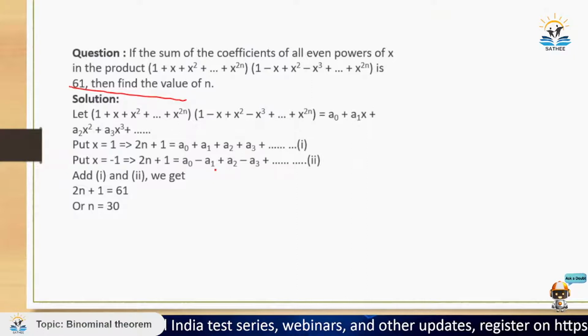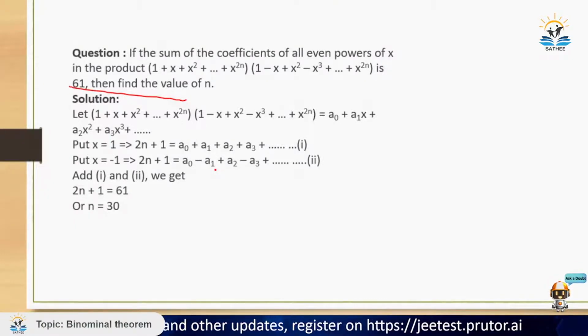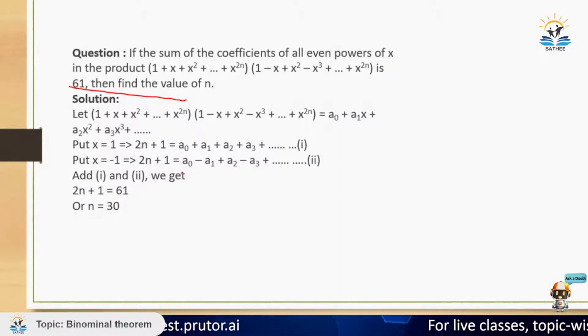तो ऐसे टर्म्स में क्या होता है, देखो जो कोफिशिएंट दिया हुआ है वो इवन पावर x के लिए है, तो ये हर x के लिए वैलिड होगा, चाहे मैं x की वैल्यू कुछ भी ले लूँ, 1, 2, 3, 4। तो ऐसे क्वेश्चन को सिंप्लीफाई करने के लिए मैं x की वैल्यू 1 ले लेता हूँ। जब मैंने x की वैल्यू 1 ली, तब मुझे मिला a0 + a1 + a2 + a3 + ... और दैट थिंग इज इक्वल टू 2n+1। ठीक है, और जब मैं x की वैल्यू माइनस 1 लूंगा, तब मुझे मिलेगा a0 - a1 + a2 - a3 + ... दैट इज इक्वल टू 2n+1 बेसिकली।